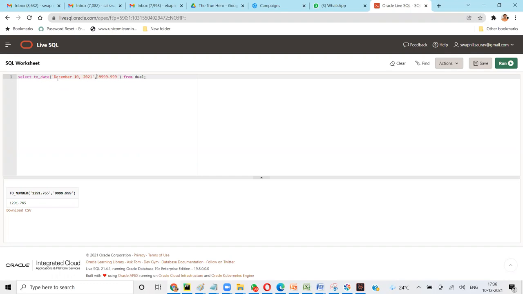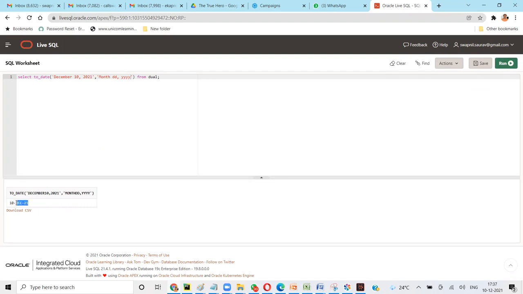This is in string format, or we call it text format in SQL. Now I need to convert it into date format. So here I will give the format in which the date is. The format here would be month, where month is full, then space, then we gave DD, then comma, and then we gave 4 Ys, right? Now let's run this and see.